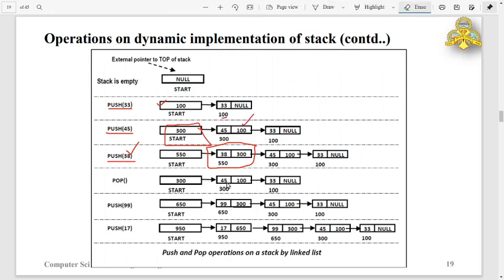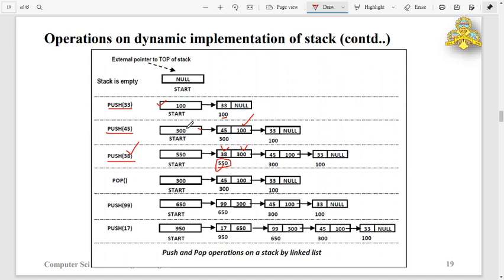But now a new node is created and the new node's address here is 550. 550 is the address of the new node, and it contains the data value 38, and its next node is updated with the first node's address that is taken from the start.